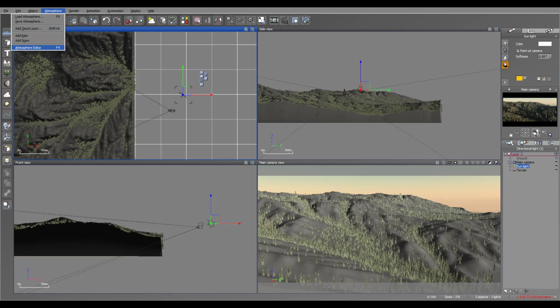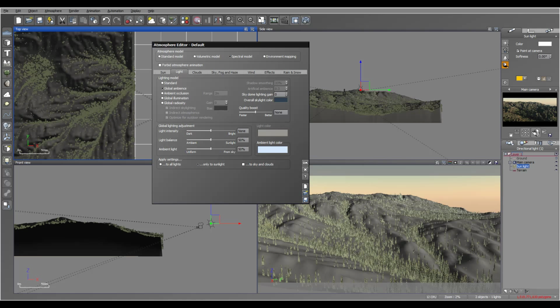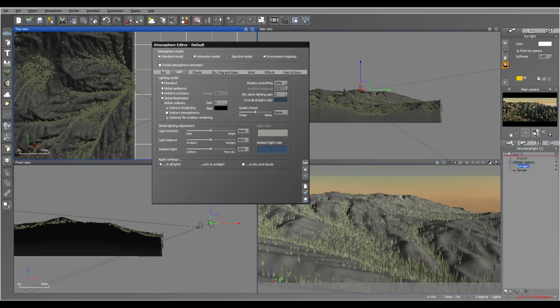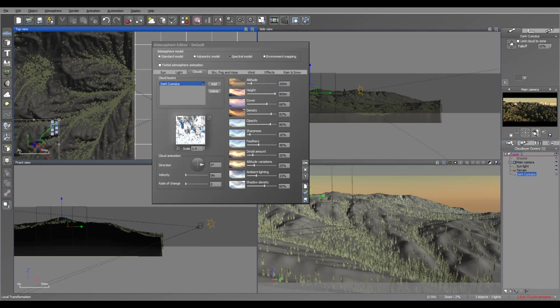We'll go to the atmosphere editor now. Let's set lighting to global radiosity. Okay, I'm also going to add ambient and bring it way darker, desaturated, so it will bring those sunset colors to us. We can go add clouds, and you know what, let's take